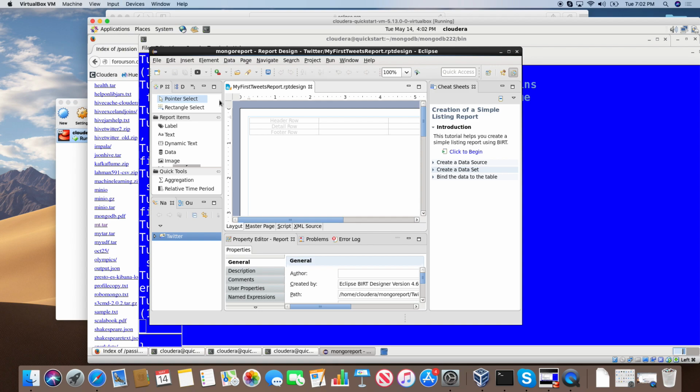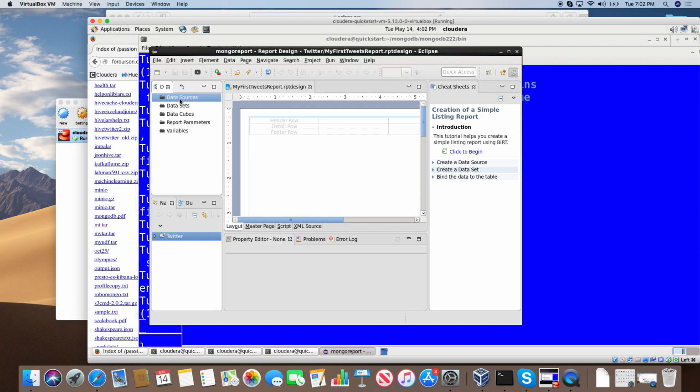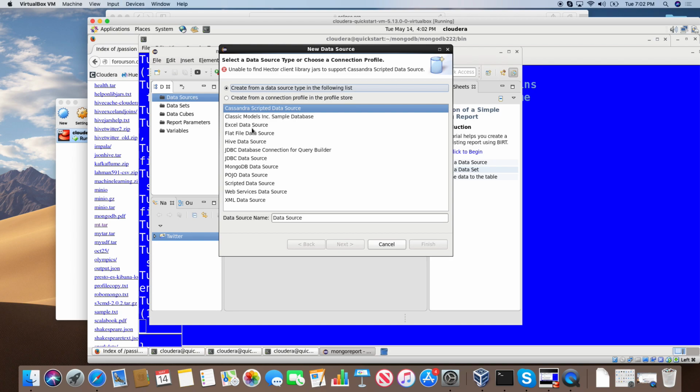Now what I am going to do is, after the report is created, you click on this button called Data Explorer. Why? You created a blank report. Now you have to attach data from MongoDB. So click on the Data Explorer. Click on the data source. You are going to create a data source, new data source. And here you find a MongoDB data source. This is the beauty. So see, this reporting tool you can use for Cassandra, Excel, Flatfile, Hive, JDBC, MongoDB, anything,